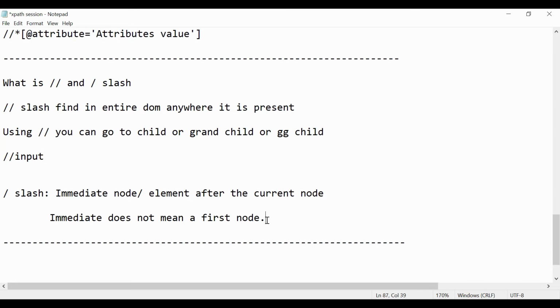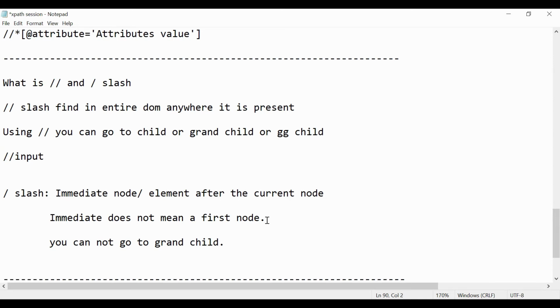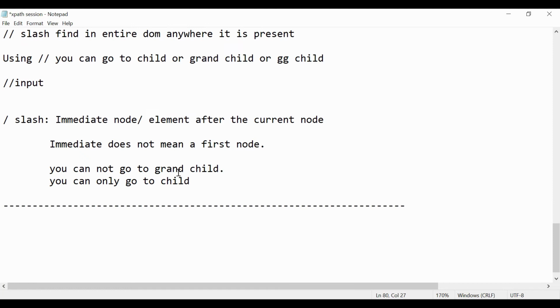In single slash you cannot go to a grandchild, you can only go to a child. That is the difference. That's why double slash is very useful while creating our XPath.